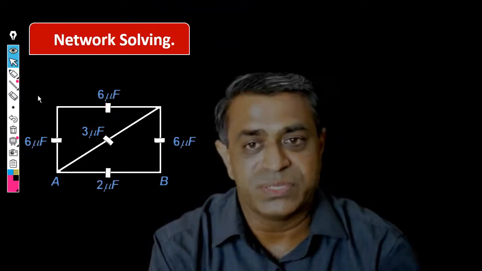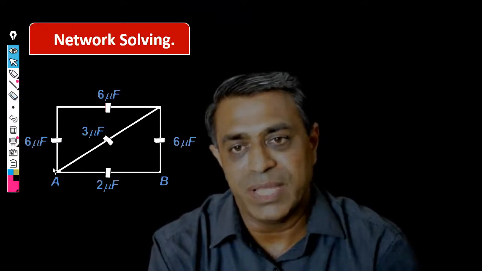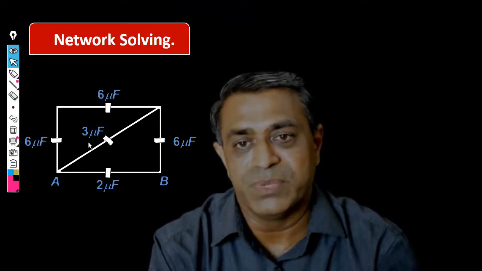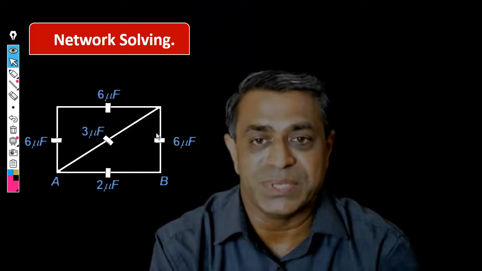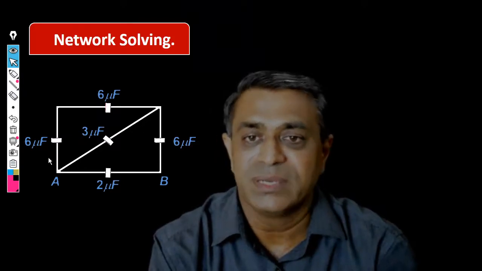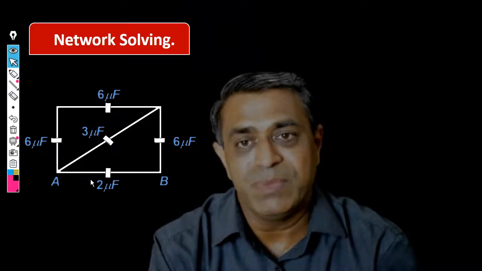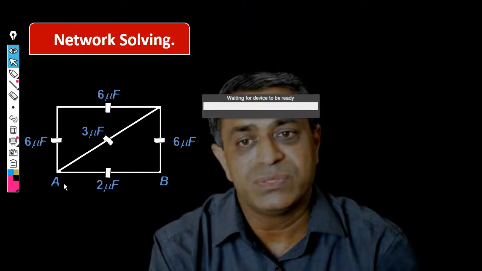Now consider this next circuit. Again you can see 6, 6. It means there are a total of 5 capacitors, all with different capacitance. Our aim is we want to find out the